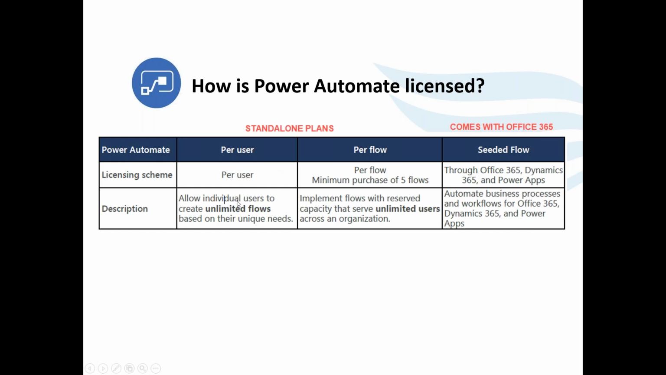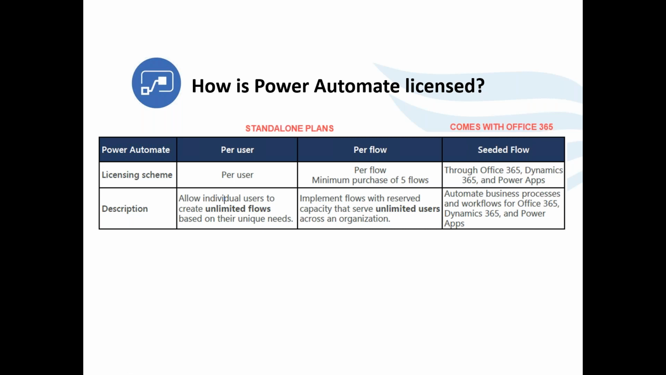One is individual, one user can do unlimited flows. This is unlimited users can run one flow. Minimum purchase is 5 flows, but so this is user can run unlimited flows, and this is unlimited users can run a flow. And the seeded, what comes with seeded flow or seeded Power Automate, that comes with Office 365